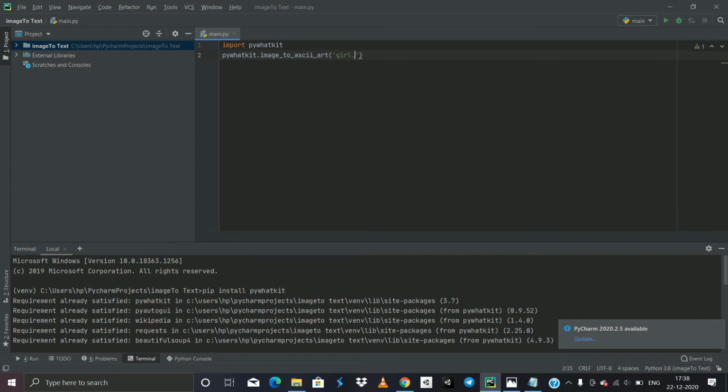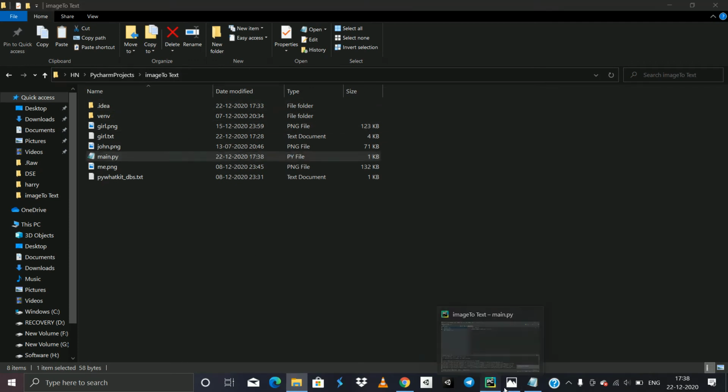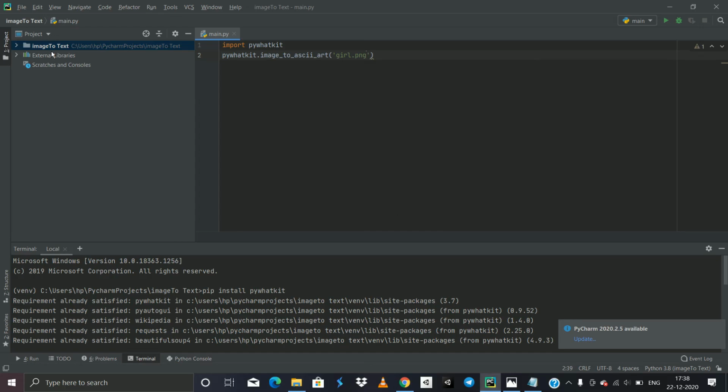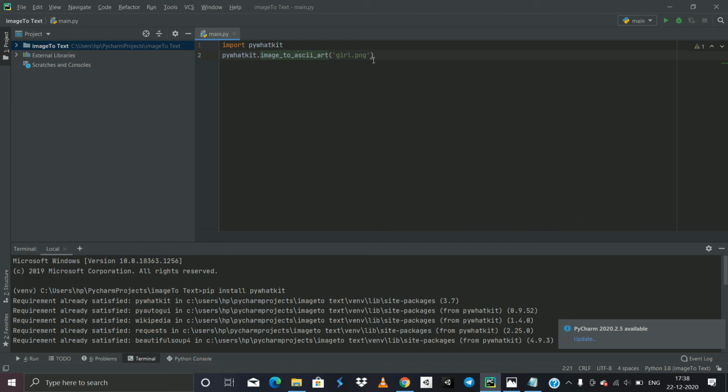You can paste the image here. I have already pasted it in the location of this file. Simply click on the image in the project, and you will get the option Show in Explorer. You will get there the file location, and next, here